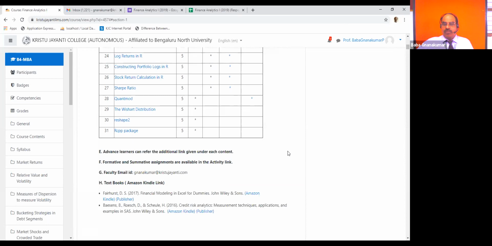The textbook I have given here, you can purchase on Amazon Kindle. I think some of you are using Amazon Kindle. That link is given, or you can take it from the publisher, because that book is somewhat costly, but for you it is very cheap. You can buy it from Amazon Kindle. Jisman, I think, already purchased that book on Amazon Kindle because he is using the Kindle to see all those things.